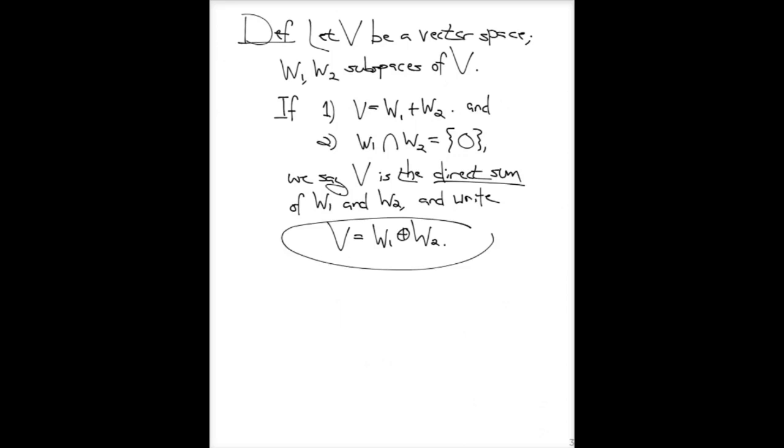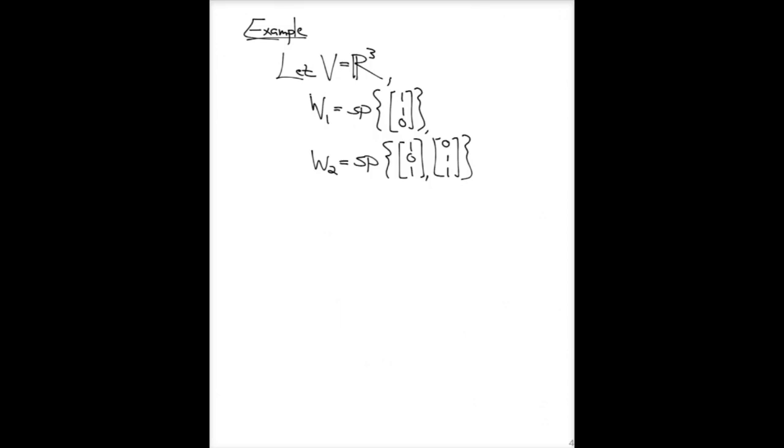We write this as V equals W1, I call it circle plus W2. We say that V is the direct sum of these two subspaces. So let's look at a brief example where a vector space is the direct sum of two of its subspaces, and one where it's not. For this example, let's take V to be the vector space R3 and consider the following two subspaces,